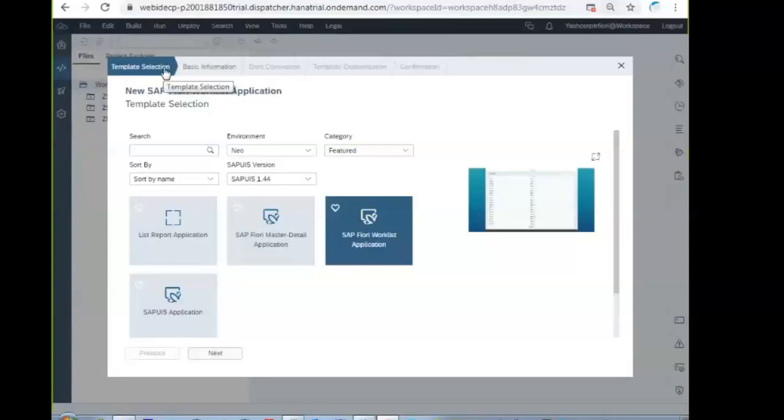In the roadmap on the top, you can see template selection, basic information, and you can see the data connection in the third step. So the data connection is mandatory. In the SAP UI5 application template, you don't have the data connection. Click next.